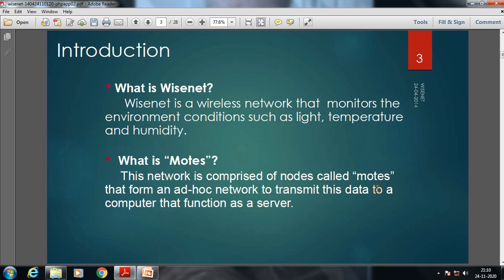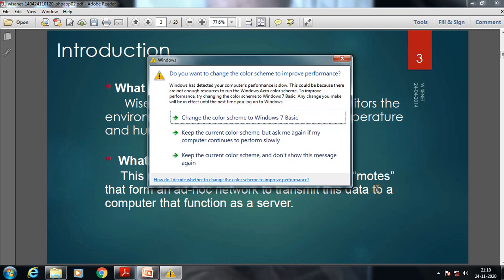So first of all, the definition of WiseNet. What does WiseNet mean? WiseNet means basically it's a